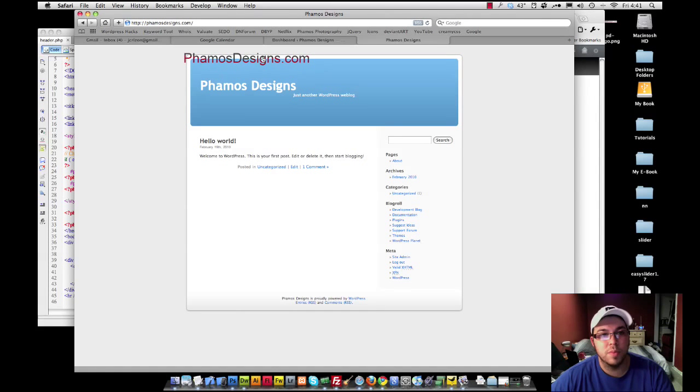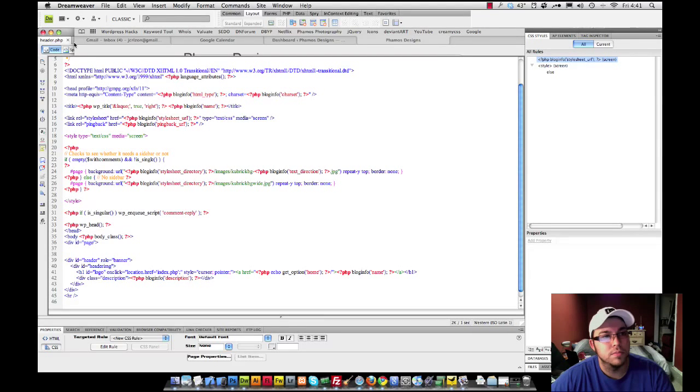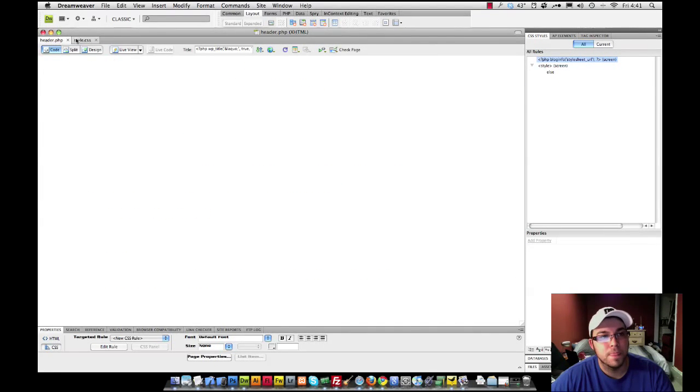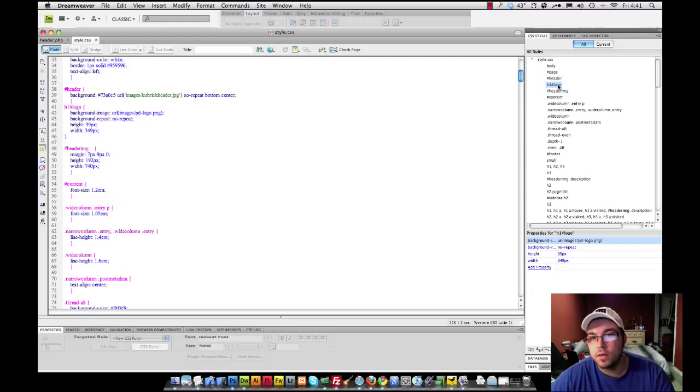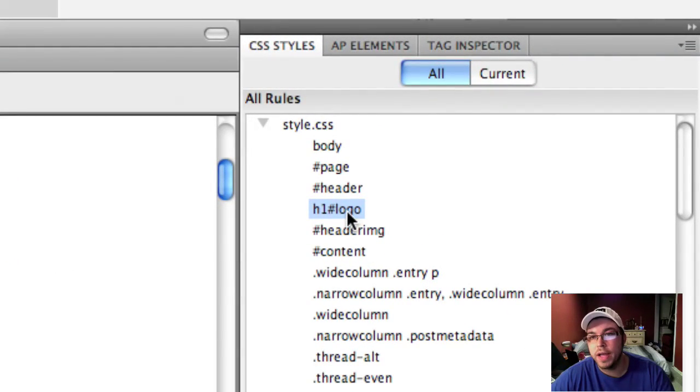Alright, so we have it popping up here. Now we need to get rid of the title tag that they actually provided for us and this description tag if you have a tagline underneath your logo that you've created. So in order to do that, we have to go back to our CSS, and right here on our H1 logo,